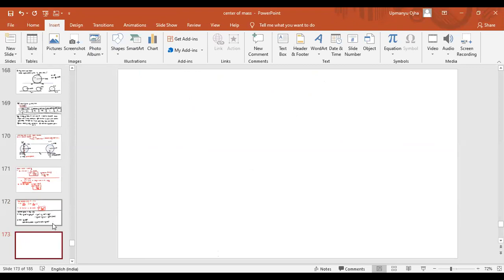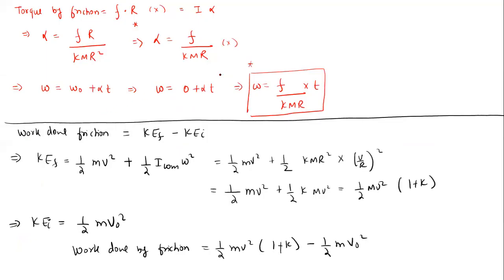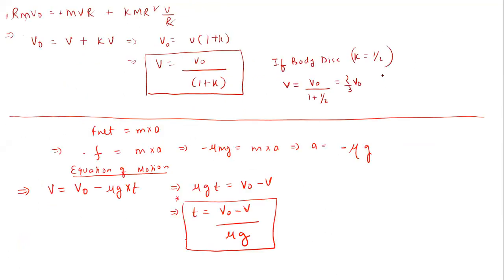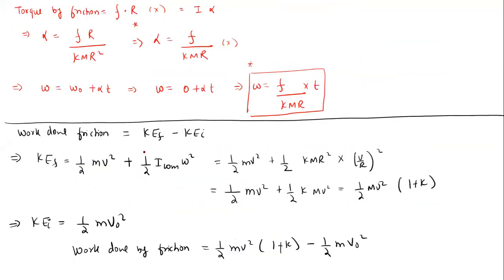Yes, very good, Kritika. Finding the displacement of the body and then multiplying with the friction force. Very good. Yes, very good, Pawan. Okay. So another method of finding the work done by friction is to find the displacement of the body before it starts pure rolling. Suppose the displacement is d. Okay. So can we find the displacement?